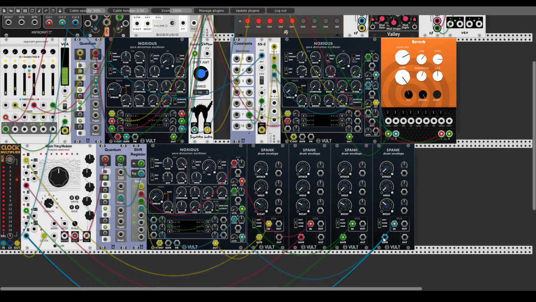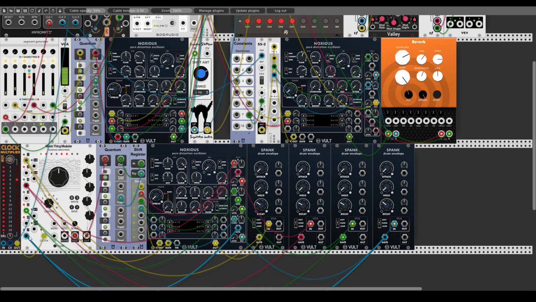And also trigger the different voices with the same triggers. So voice number 1, the main oscillator will be triggered by the first trigger output. And let's see, the second one will be coming out of the third trigger output. We will use the same triggers that we used for the Spank modules. So each time the different Spank modules are being triggered, there will be also a change in the sound of the different voices from the chaos function. And actually, before we add some chaos, let's listen to how this sounds.